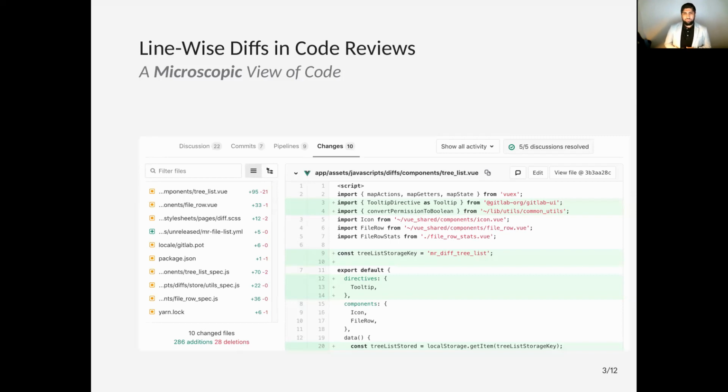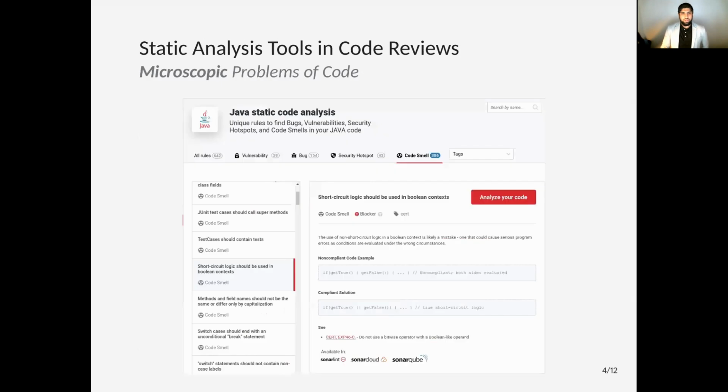And perhaps a better way to approach this would be to look at some higher level context or some macroscopic view of code. And what I mean by a macroscopic view of code is a view of code where there are certain architectural properties about the system that you can analyze that aren't directly manifest in the code itself.